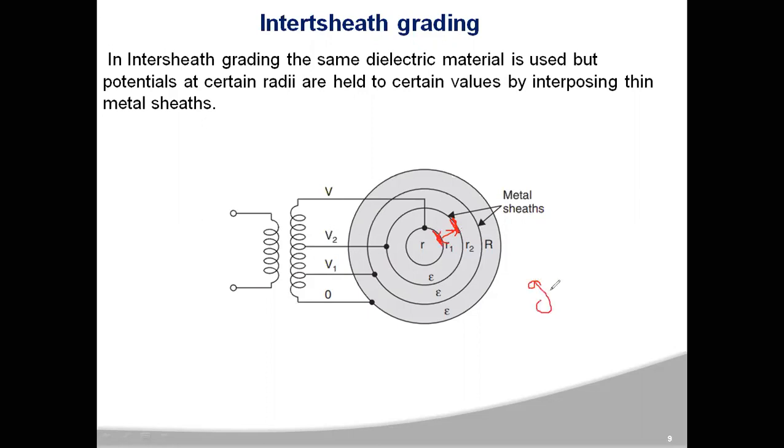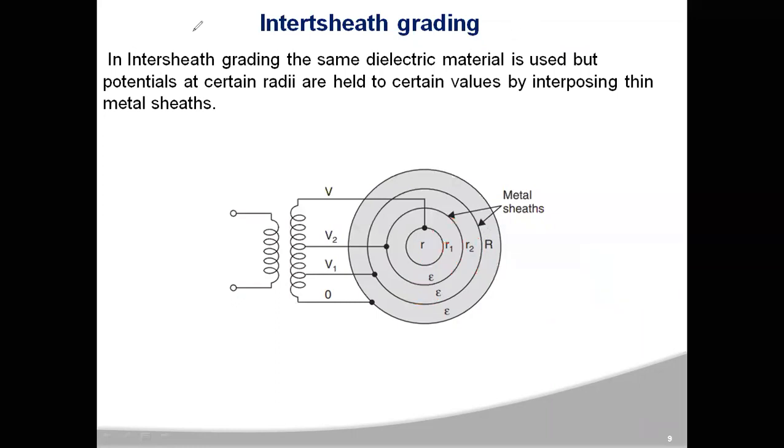So the general formula is G is equal to Q by 2 pi epsilon naught into X. Now, if you substitute X is equal to r, from the center to here, you will get maximum stress. If you substitute X is equal to R1, you will get minimum stress for the first layer. Now for the second layer, if you substitute X is equal to R1, you will get G maximum for second, and if you substitute X is equal to R2, you will get G minimum for the second layer. For the third layer, G max and G minimum you can calculate in a similar manner.